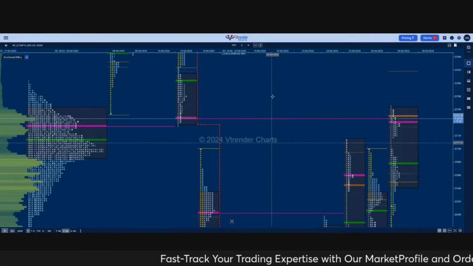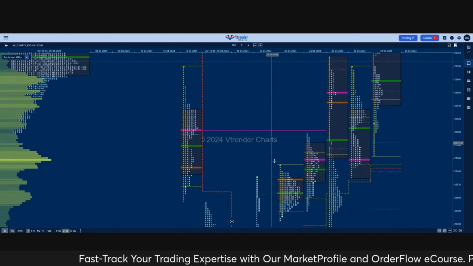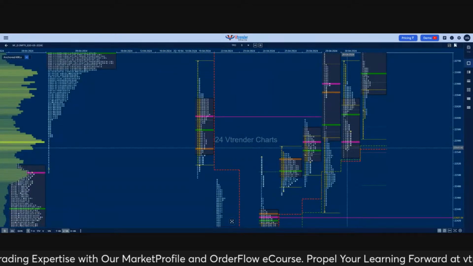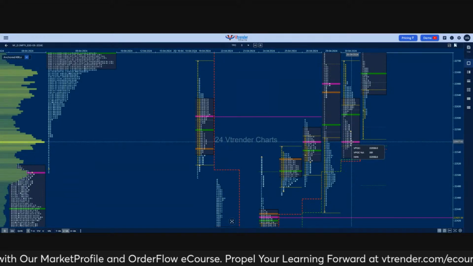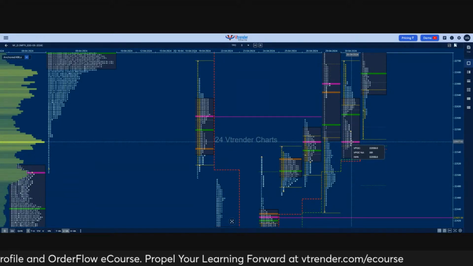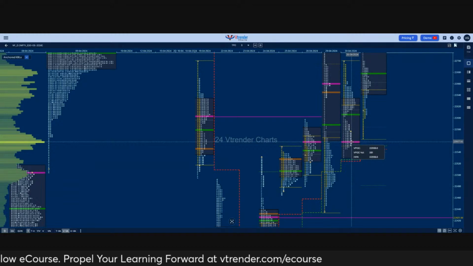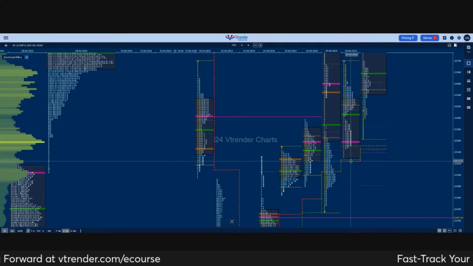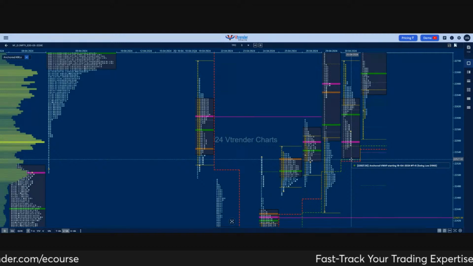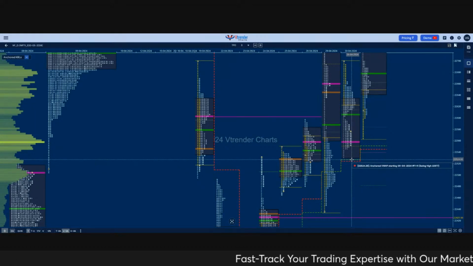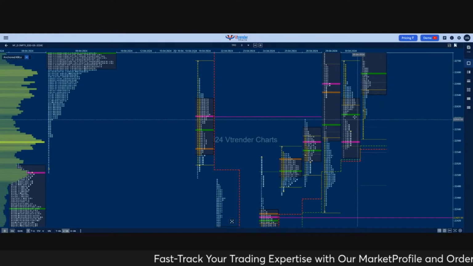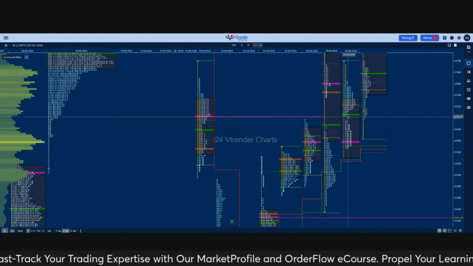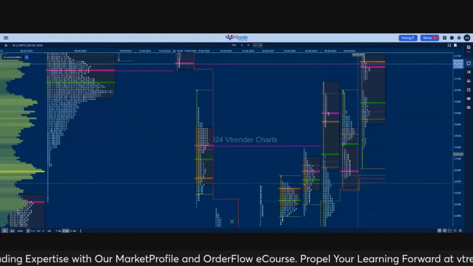So this is the daily, and this was a double distribution profile which we had made on Friday, but we saw the POC shifting to the lows. So this POC became our reference on the upside. If we remained below this POC, we would have been bearish, but we would need this VWAP to be broken. And on the upside, we had to take off this POC and this extension handle along with VWAP to probe